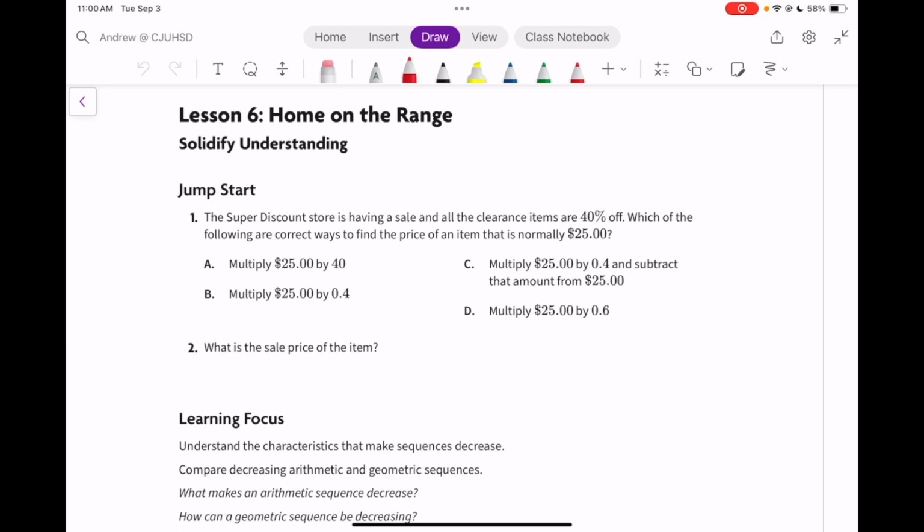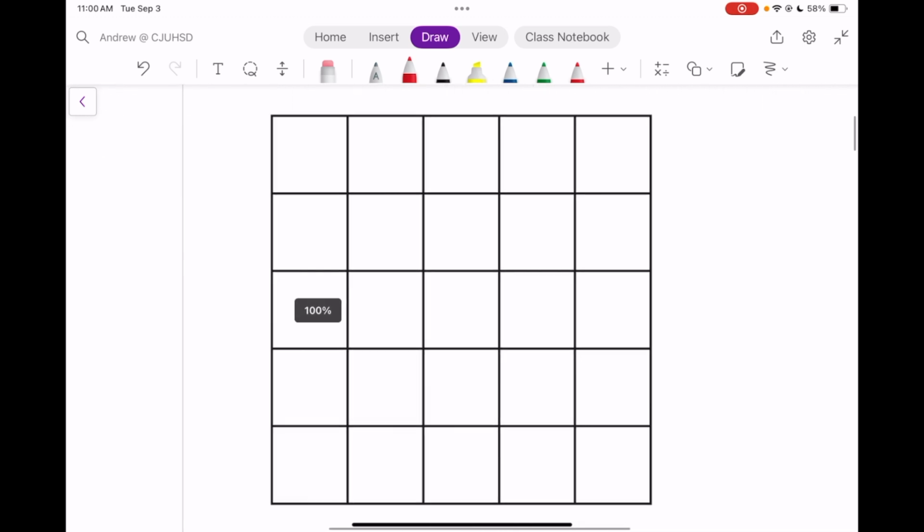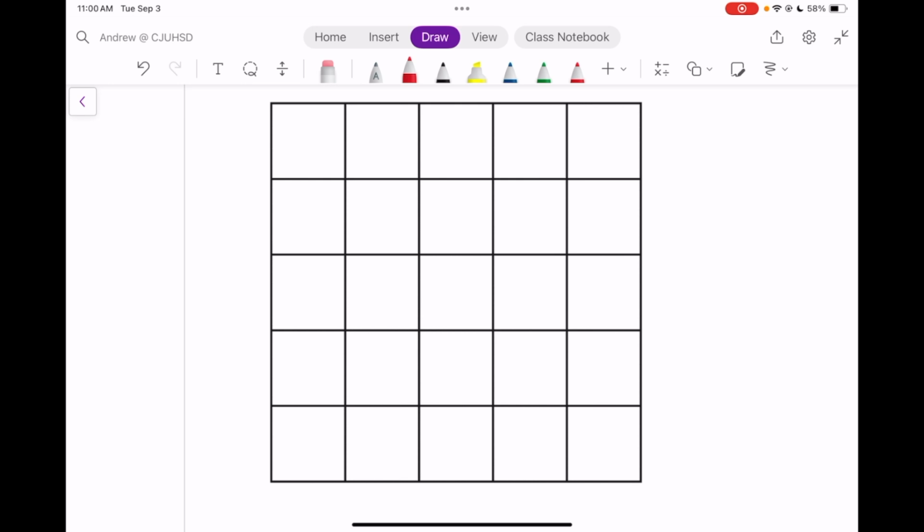The clearance items are 40% off. Which of the following are correct ways to find the price of an item that is normally $25? So 40% off is the game here. Look at this table right here. That's 25 squares. So let's say we took off